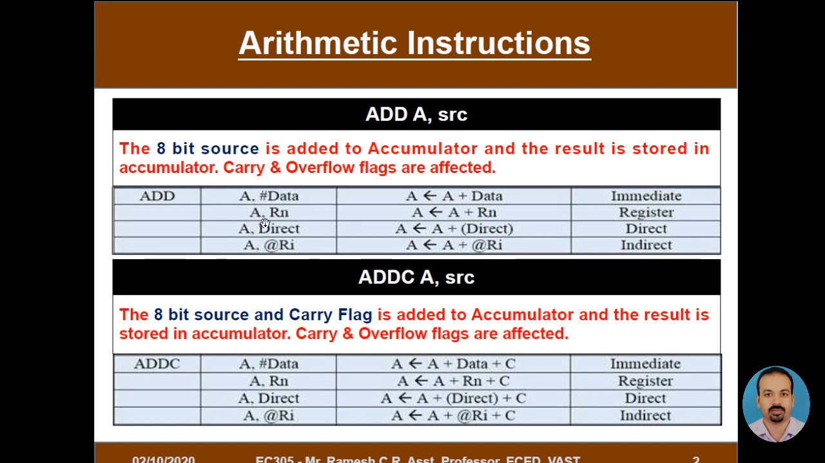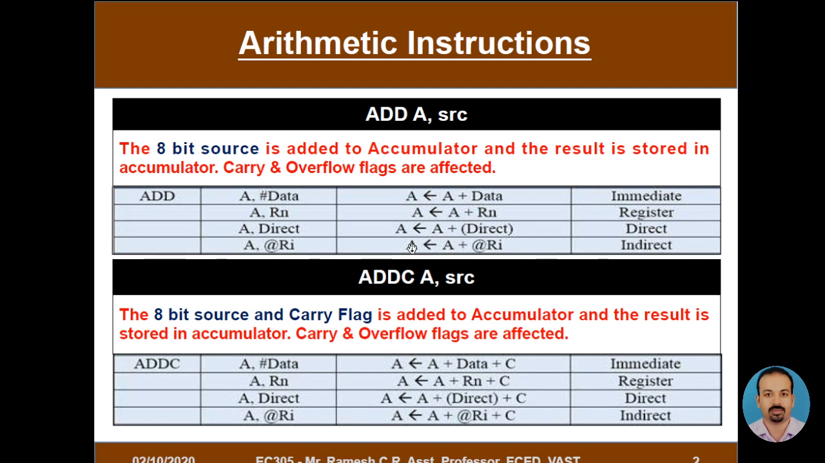Then ADD A, Rn means the content of the register specified is added with the content of the accumulator and the resultant is stored in the accumulator, which follows the register addressing mode. Then ADD A, direct means the content of the memory location which is mentioned directly in the instruction is added to the content of the accumulator and the resultant is stored in the accumulator. Then ADD A, @Ri means the content at the memory location pointed by the pointer register, that is R0 or R1, is added to the content of the accumulator register and the resultant is stored in